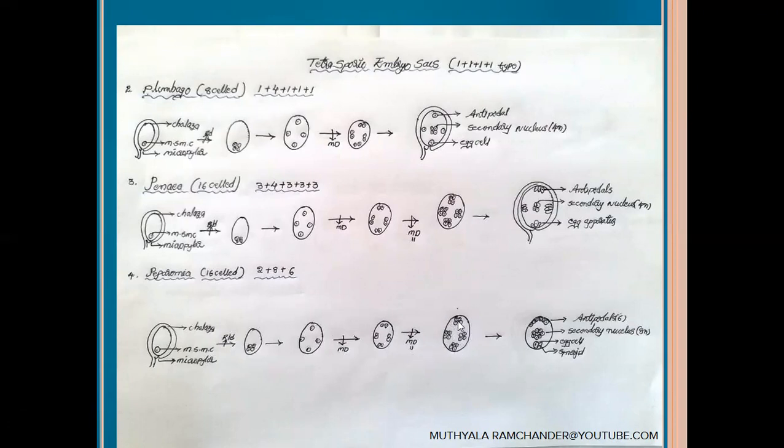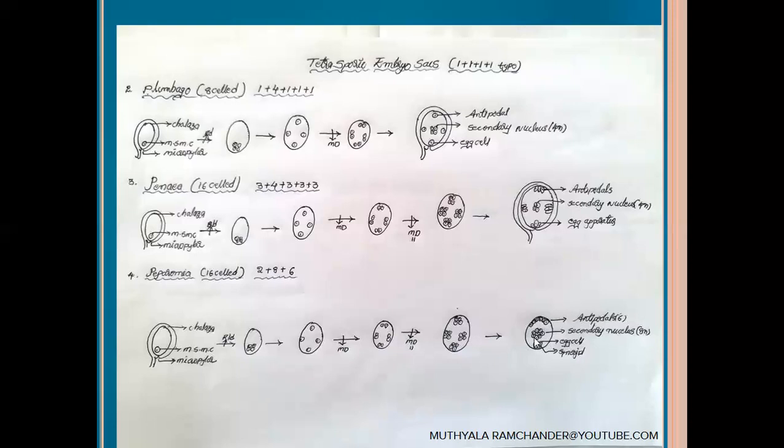At each corner, 4 cells are present. From each corner, 2 cells reach the center region of the embryo sac. They act as a secondary nucleus. A total of 8 haploid nuclei reach the center region of the embryo sac. They act as a secondary nucleus. It is in the 8n stage. At the micropylar region, the remaining 2 cells act as the egg apparatus. From these, 1 cell acts as an egg cell and the remaining cell acts as a synergid. And the lateral 2 cells and chalazal region 2 cells completely act as antipodals.